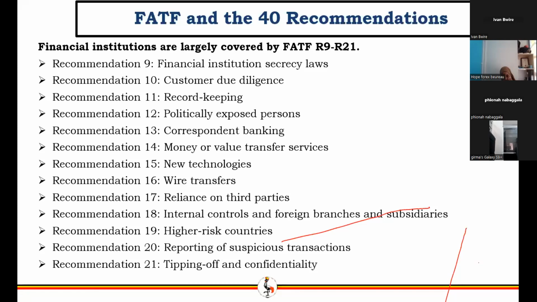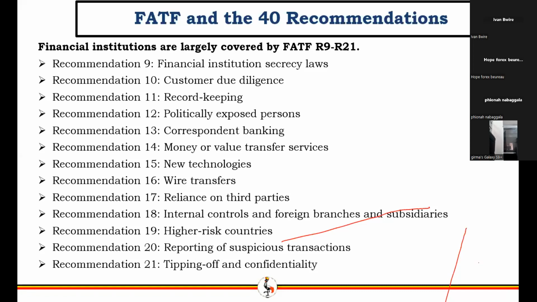And on customer due diligence, this we shall also discuss in the requirements under the Act, because what is here is a replicate of what is in the Anti-Money Laundering Act. By customer due diligence, FATF is providing for when we should conduct customer due diligence, the entities. These are part of internal controls that you need to put in place, as well as record keeping and how you treat politically exposed persons. It also elaborates on correspondent banking or correspondent relationships.